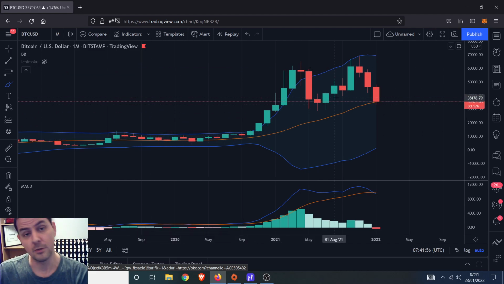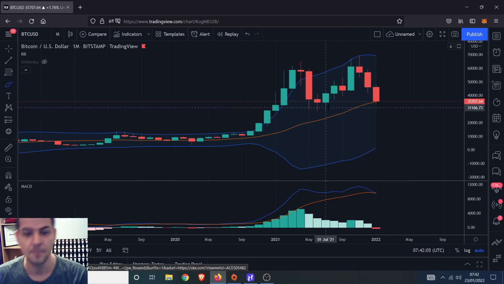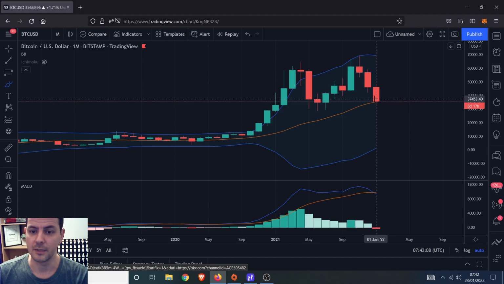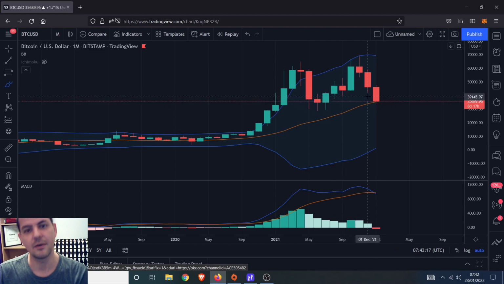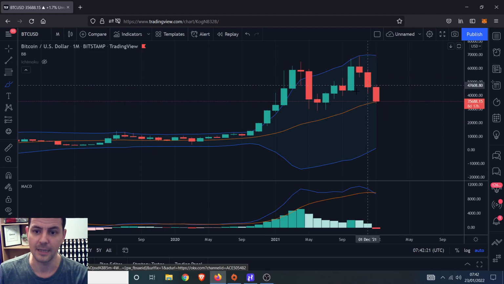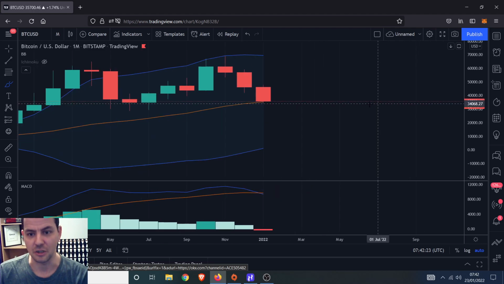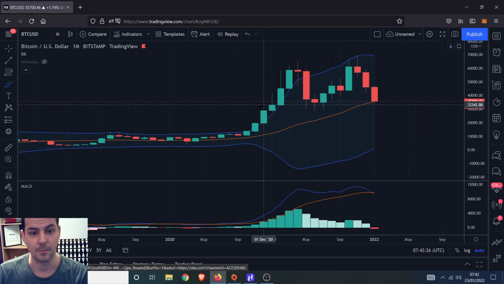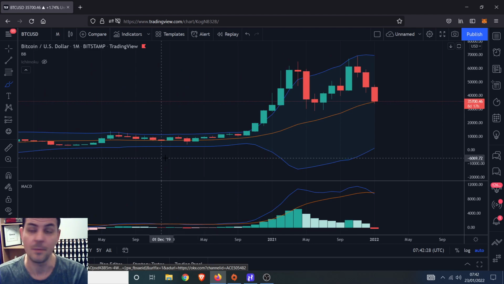The general rule of thumb is if you're above the centre, you're 65% more likely to stay above it. The odds aren't enormous. If you were given a 60% chance of surviving something, you wouldn't feel very confident in that, although the odds are still in your favour. So we've come down now to test the 20 monthly. The odds are that we'll stay above the 20 monthly, and even if we don't, we should have a reaction from it. So that is the first thing we're talking about, and again, this is a monthly. A reaction could simply be the reaction we're getting at the moment, a little tiny baby bounce.